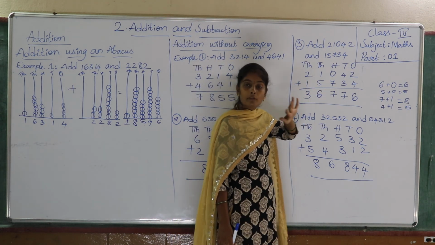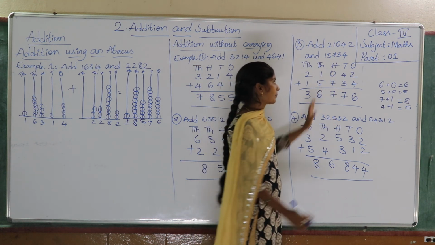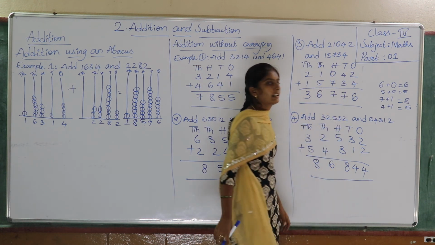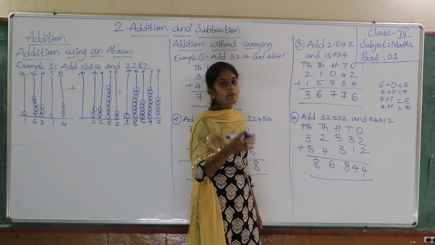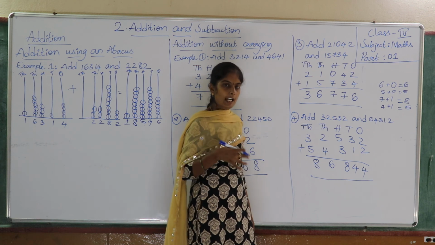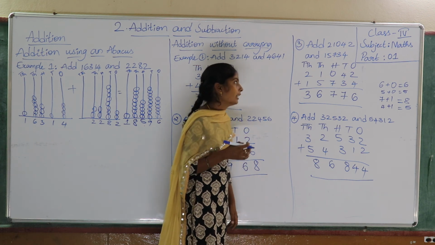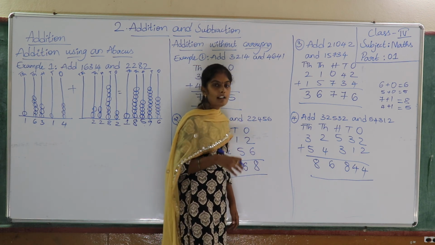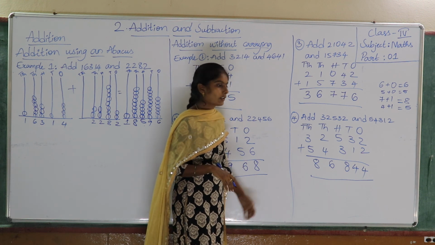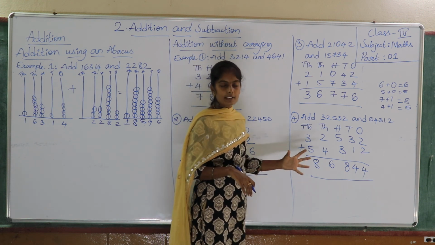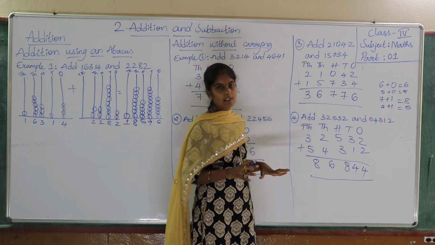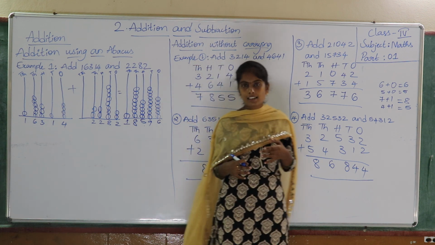First we should always start doing addition from the right side, that is from the ones place. Ones place first we should add, then tens place, then hundreds place, then we should go for thousands place, then we should add 10,000 place. So any digit, first we should start from ones place only. So in our next class, I'll tell you how to do